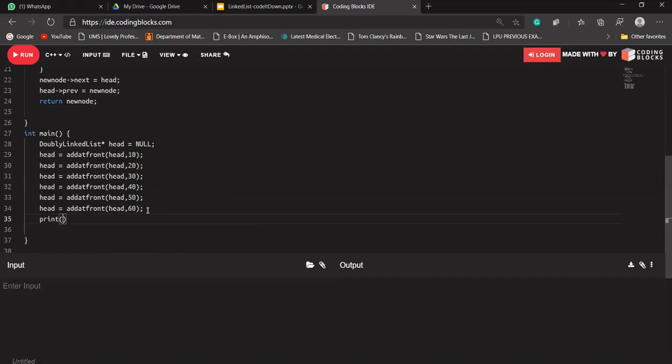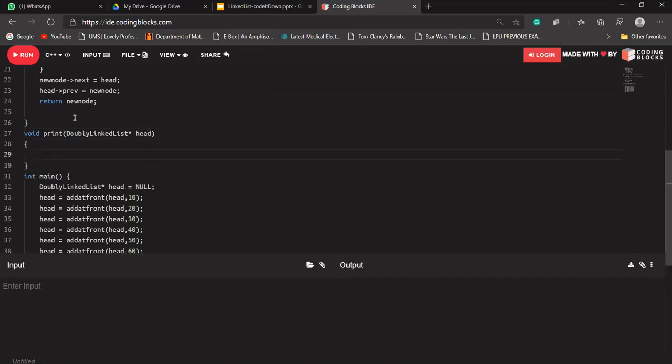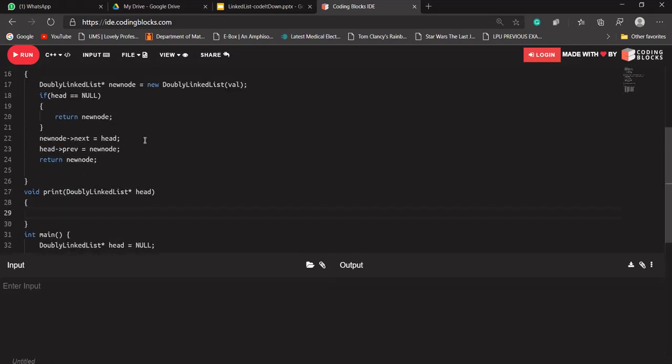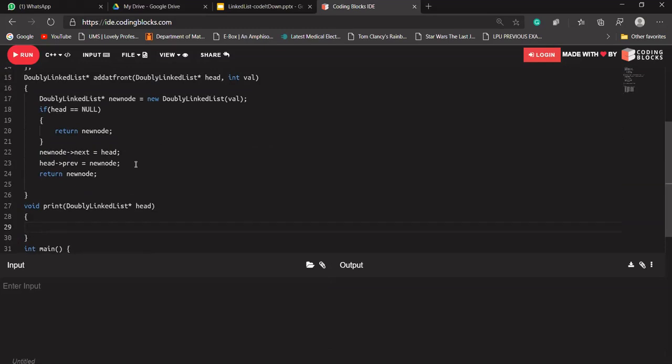So let's try to design a print function for it quickly. It will not return anything, so I have to write void for it, and its name is print, and we'll be passing our head pointer to it. So we'll write doubly linked list star. Smith says there is no need of line 23, because previous is already null and we are adding at the beginning. Smith, you are saying in line number 23, its previous will point to the new node.